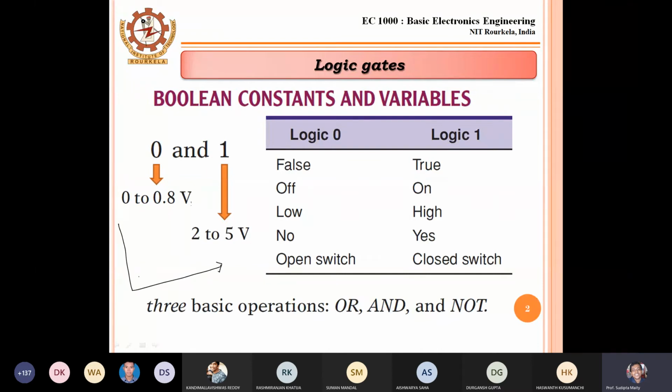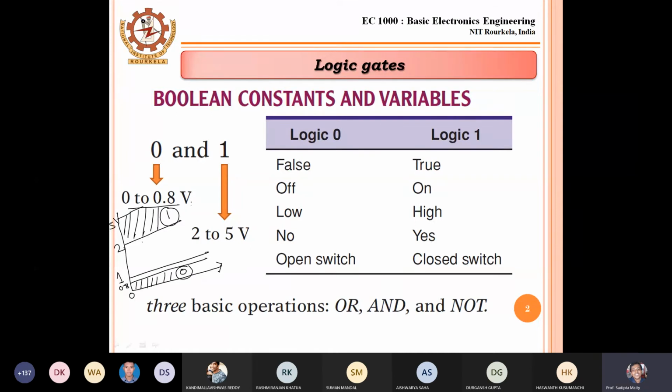So suppose it is voltage level 1, and here I am giving 1 volt, and we have the provision from 0 to 0.8 volt. If we have this voltage, we will consider it a logic 0. And suppose voltage level 2 goes up to 5 volt. This scale is not in the proper way.